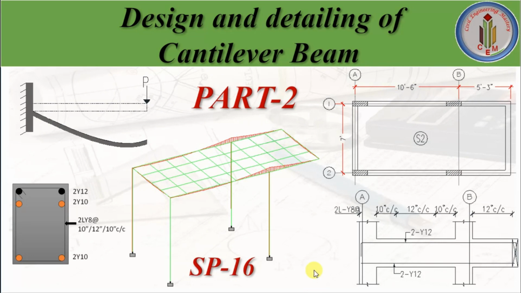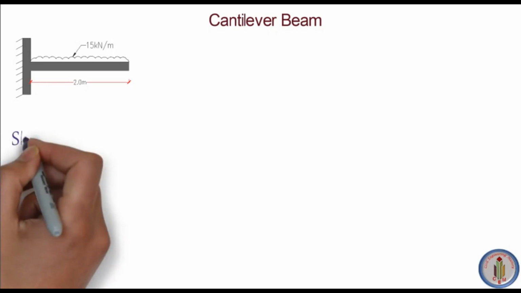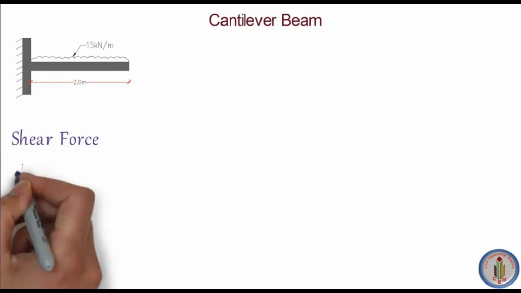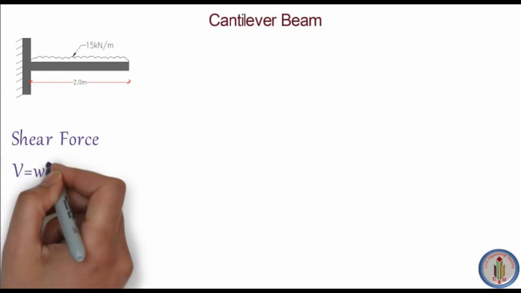So let's see how we calculate the shear force and how we provide the stirrups arrangement as per SP16. We are going to find out the shear force. Why do we need to find out the shear force here? Because we cannot only provide longitudinal reinforcement in beams, we need to provide shear reinforcement. In beams, shear reinforcements are provided in the form of stirrups. So we need to find out the stirrup diameter and then the spacing. For that we need to find out the shear force in beams.